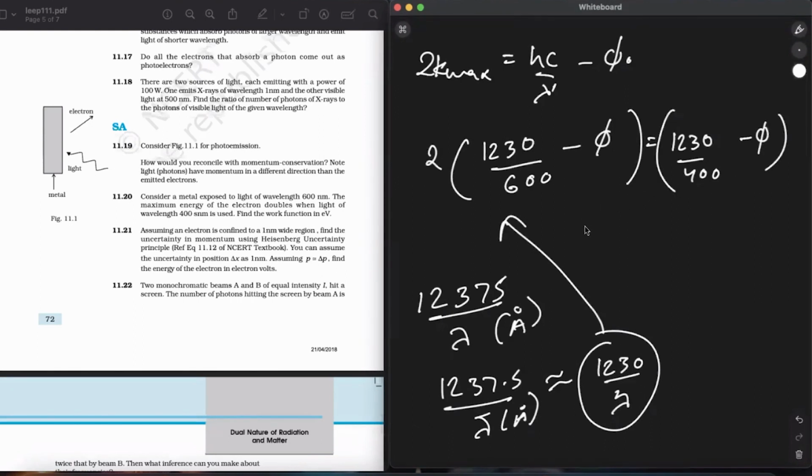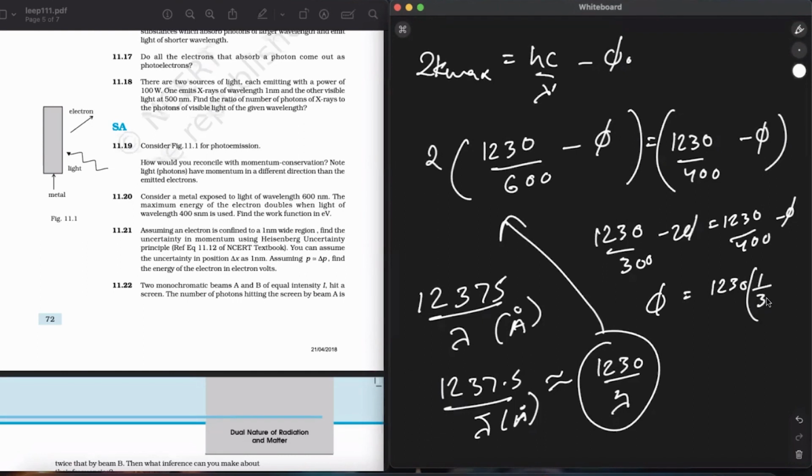Okay, so how much will it be? 1230 upon 300 minus 25 equal to 1230 upon 400 minus 5. Alright, so 5 can be written as 1/5, which is equal to 1230 divided